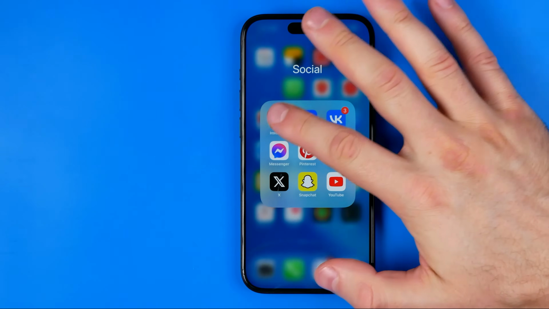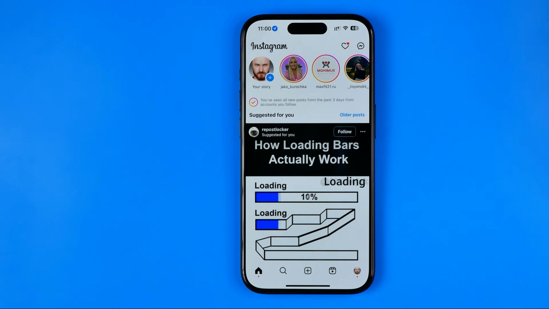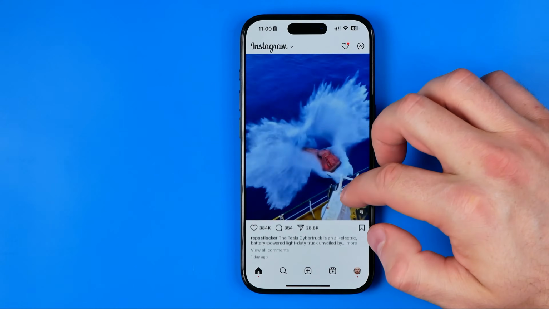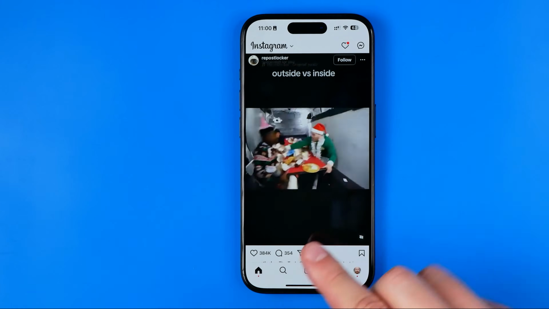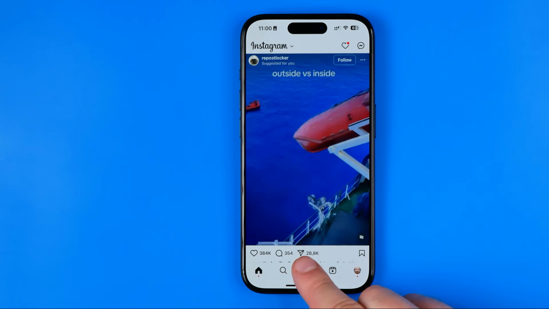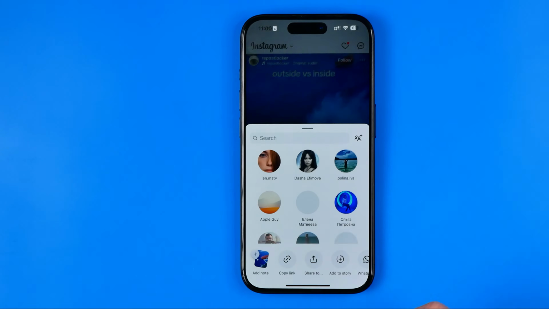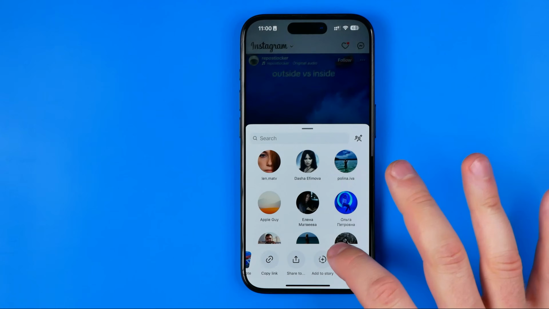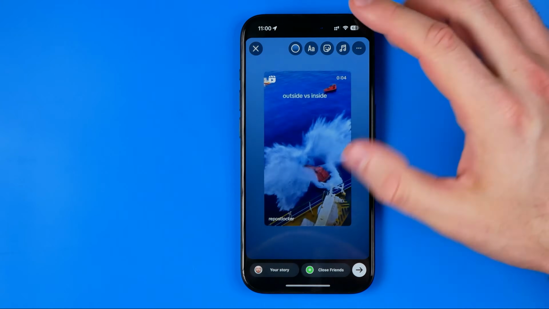Let's get started, guys. First off, we need to open up the Instagram app, and once it is done, just search for a post you would like to repost and then just hit right here at this paper airplane icon, and that will give you some options here. First off, we can just copy a link to that post to share it manually with someone, and also here we have this option which is called add to story, and we can use it to immediately create a story